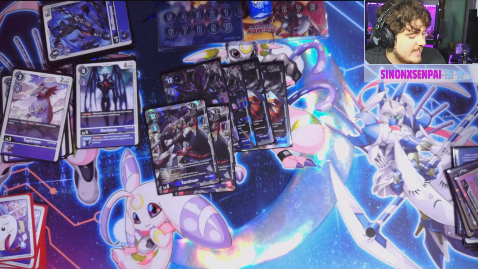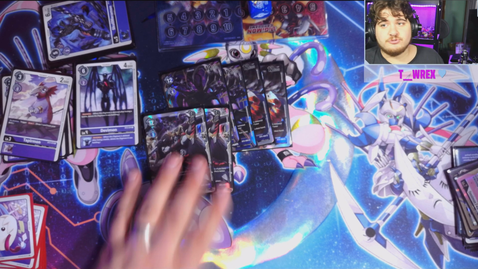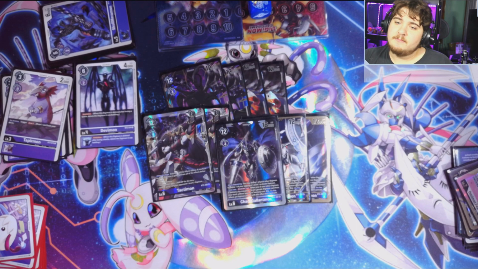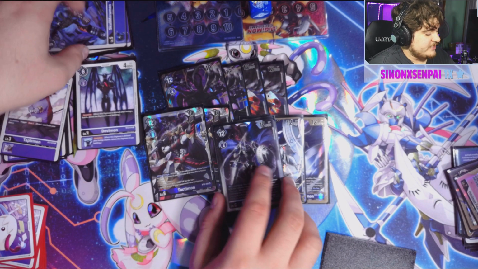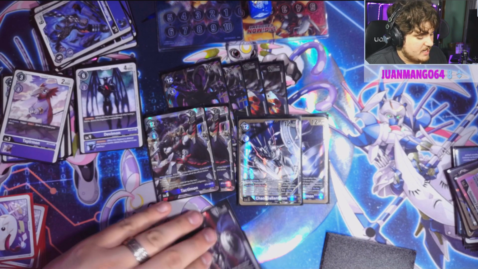We play 2 Tacticianmon. For the fact of the matter, Rookie Rush is a deck, and we hit our head against the wall when we play against Rookie Rush. That we do. So we want to have an out to it. Next, we do play 3 ChaosGallantmon because ChaosGallantmon lets you pretty much restand for free off a BlackWarGrowlmon, sets you back up